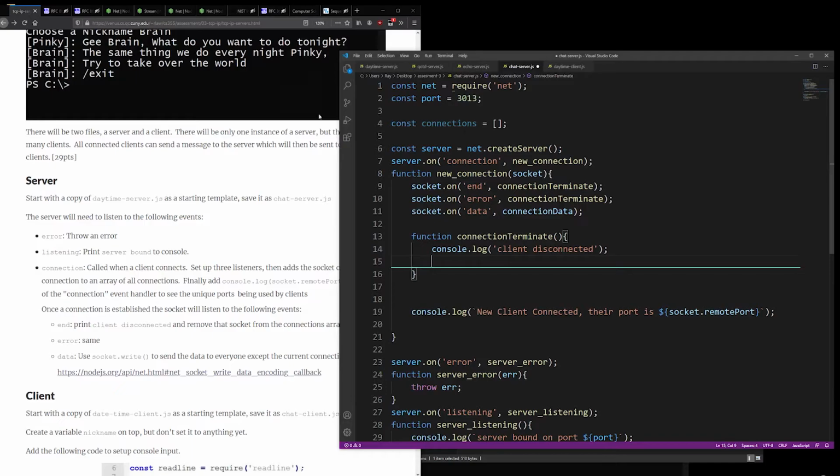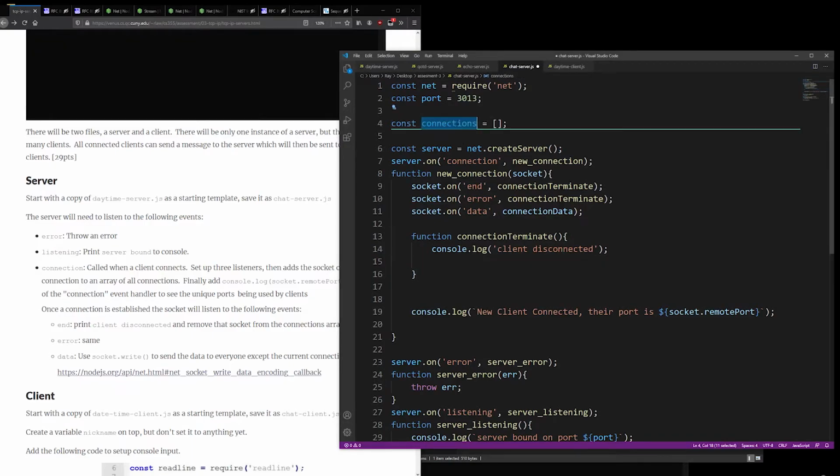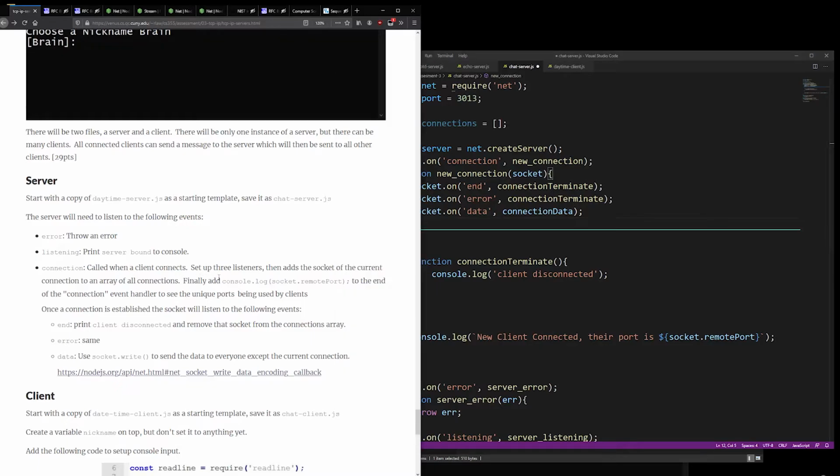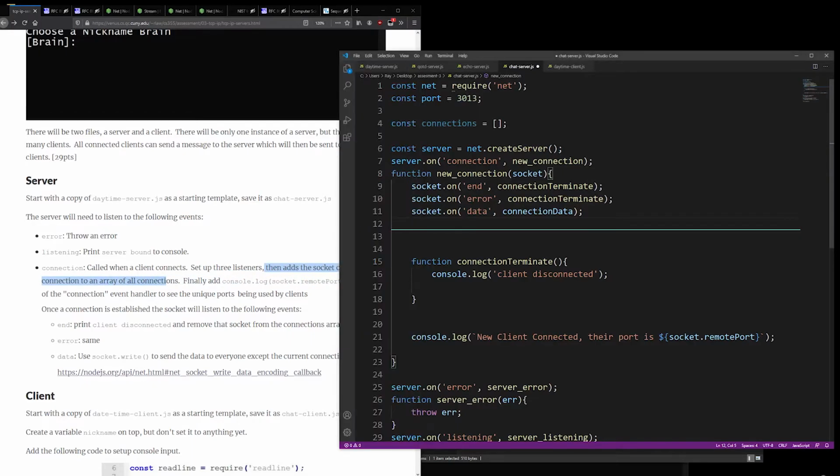I'm going to assume that inside of this connections array there's a connection, and I'm going to remove our connection from it. In fact, before we do this, let's just add that connection. As this is running, it says set up 3 event listeners, then add the socket of the current connection to the array of all connections. So I'm going to say connections.push